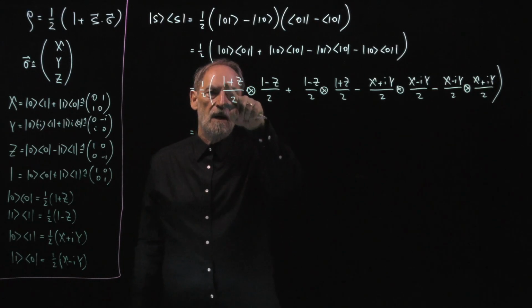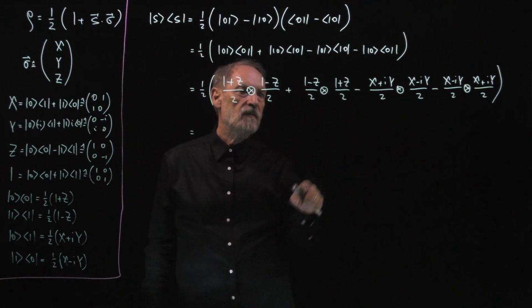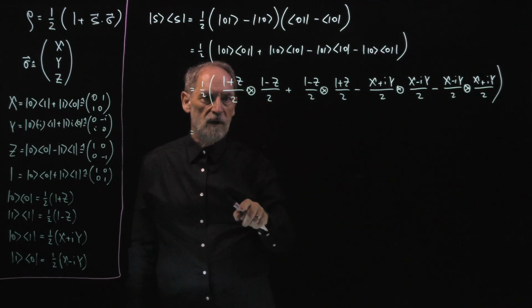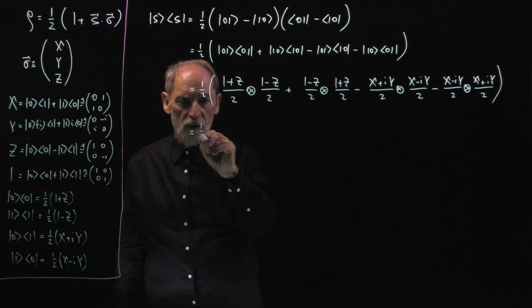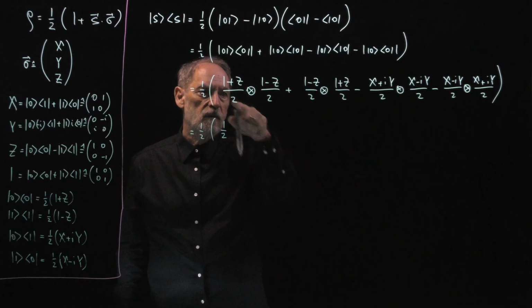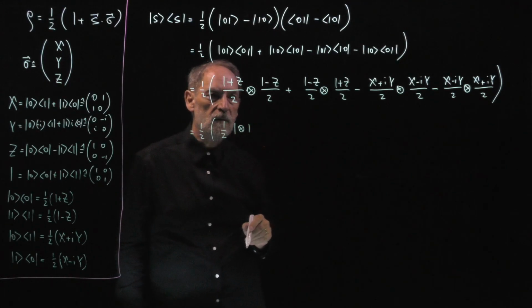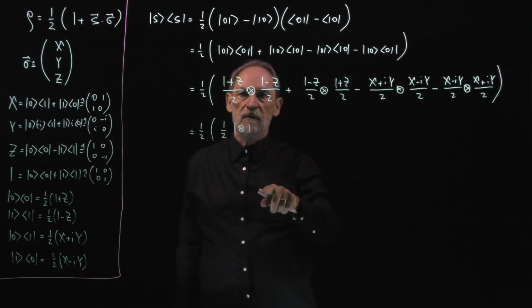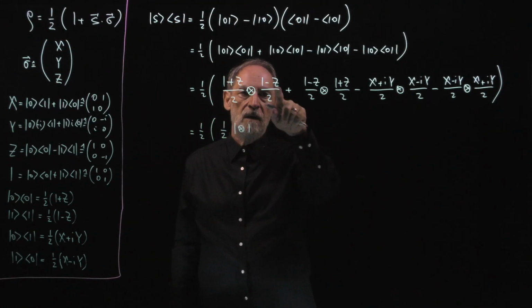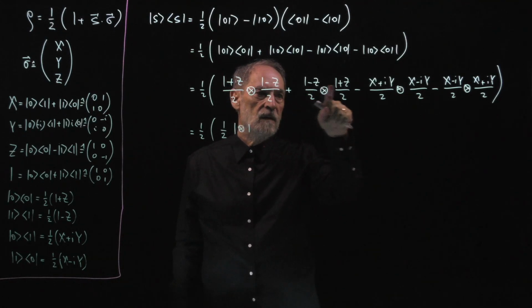So there is identity half, identity half, identity half, identity half, which are added. So together we get half of a quarter, so another half, a quarter and a quarter of the identity tensor identity. Okay? And then we have identity tensor z with a minus sign, identity tensor z with a plus